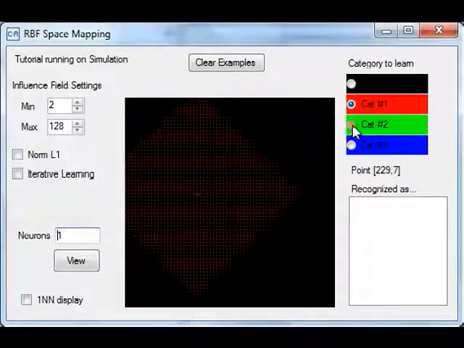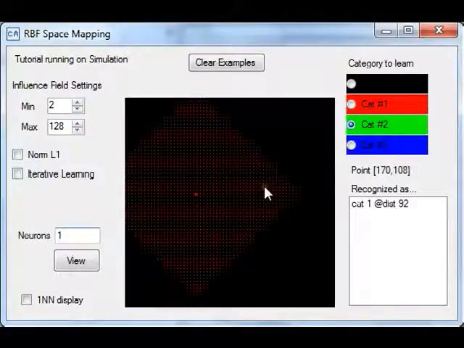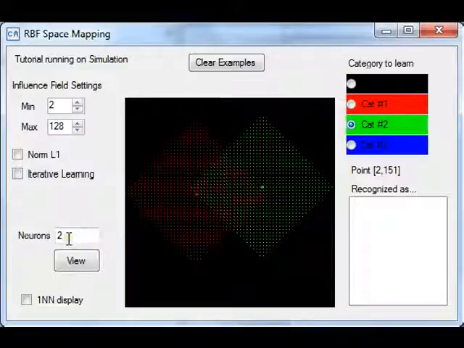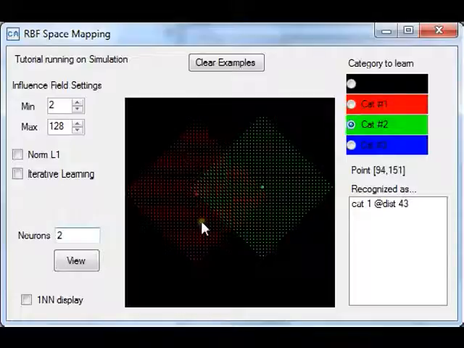Now, we're going to teach a different example belonging to category 2, and I'm going to select it at this location, 166, 107. If I click, I can see that 2 neurons have been committed, and the influence field of the first neuron has been shrunk in order to fit the second example. So they're both excluding one another, which means that if I move the cursor in the green area,